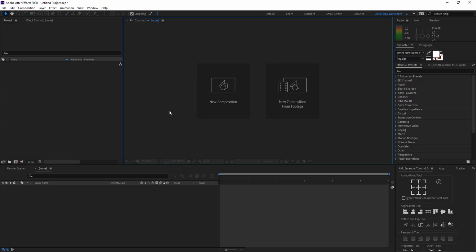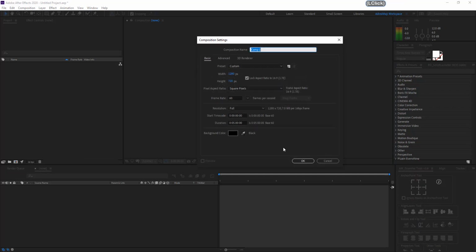If you have any doubts about the shortcut buttons I'm going to press throughout the tutorial, you can always take a look at the top right side over here. You can see all of my keyboard shortcuts and mouse buttons over here. One more thing, I am going to use Video Copilot's Effects Console in this whole tutorial to apply the effects. If you have Effects Console, you can follow along, or if you don't have it, you can search the effects in the Effects and Presets panel. So let's get started again.